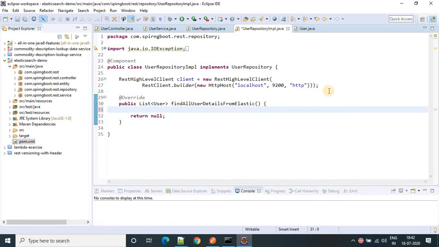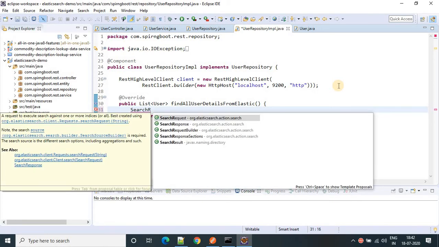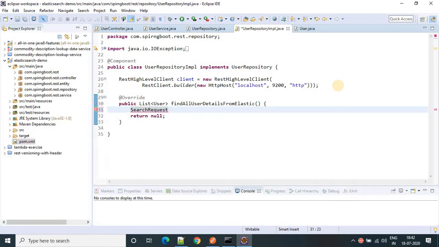First of all, we need a search request here. So take a search request, a search request list equals to new search request.